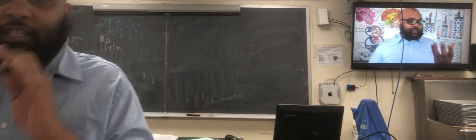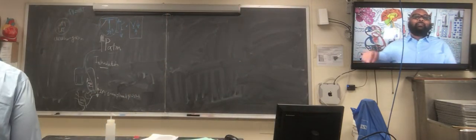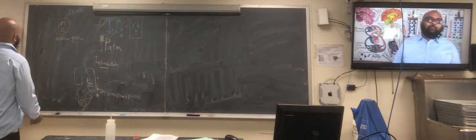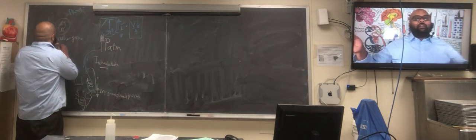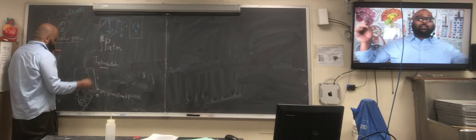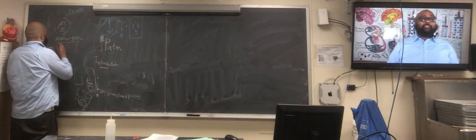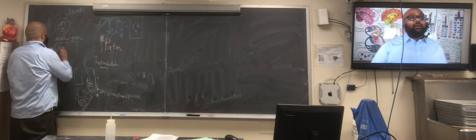Your digestive system needs the pancreas, which is an accessory organ. It needs the liver, an accessory organ. It needs the bile duct. It's an accessory organ. These are all very important accessory organs. So one of your important accessory organs in the respiratory system is the